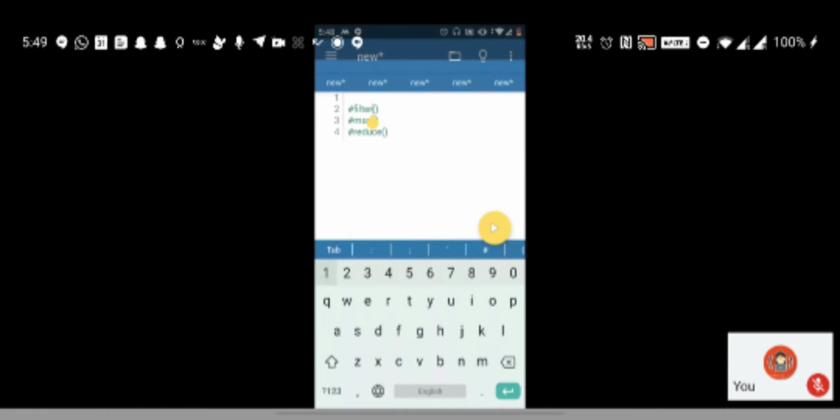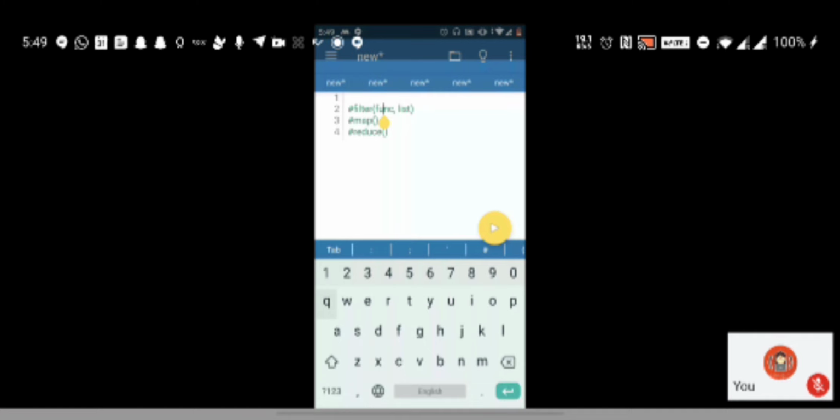This filter function will take one function as the input and a list as the second input. So you have to pass two parameters to the filter function. The first one would be a function and the second one would be a list. Whatever is the condition specified in the func function, for example that the number should be an even number, that condition will be executed on this list, and the return would be all the elements of the list that are satisfied by this condition.